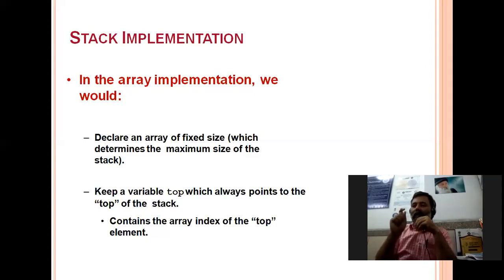So we are restricting the array so that we can insert or delete at only one point, that is top. So that array will behave like a stack.